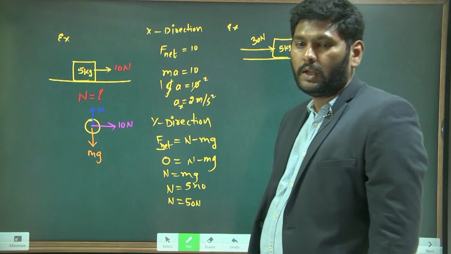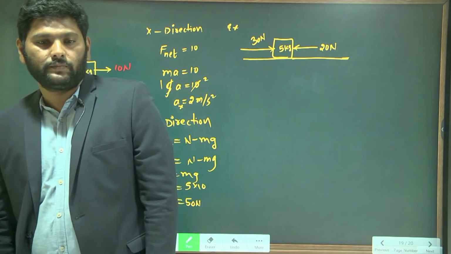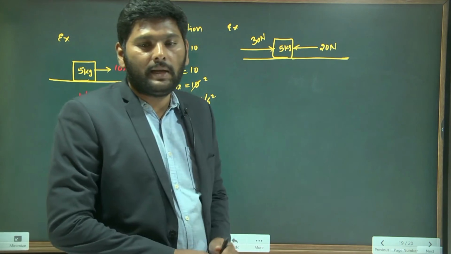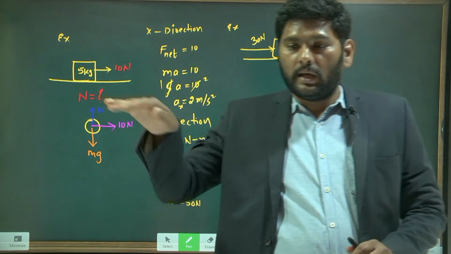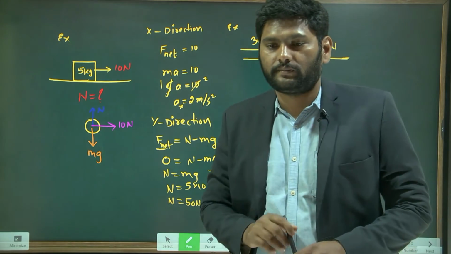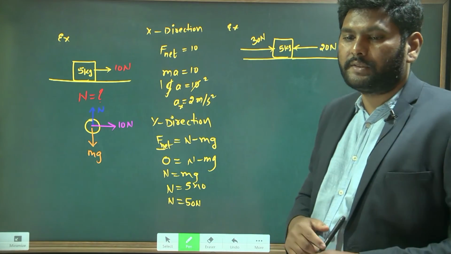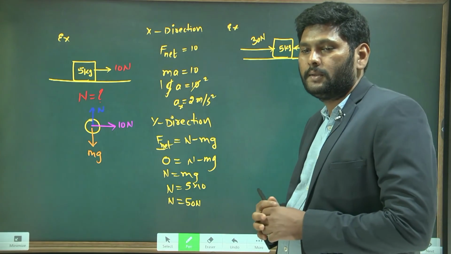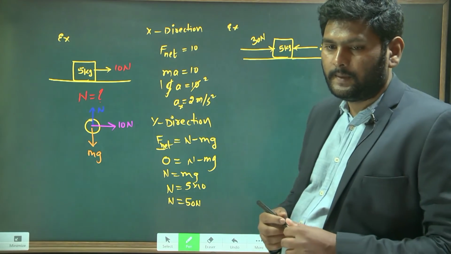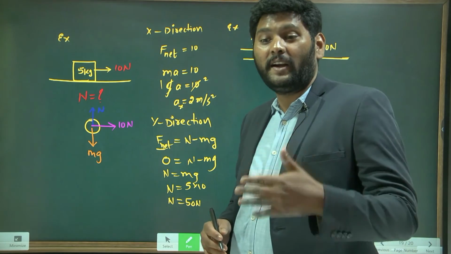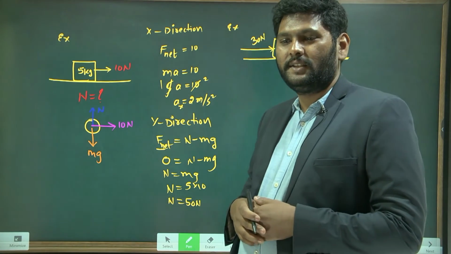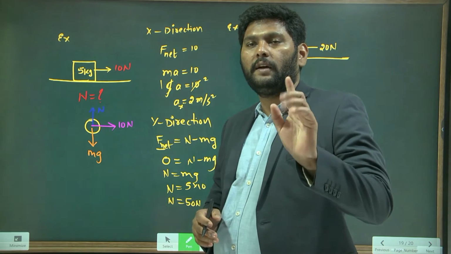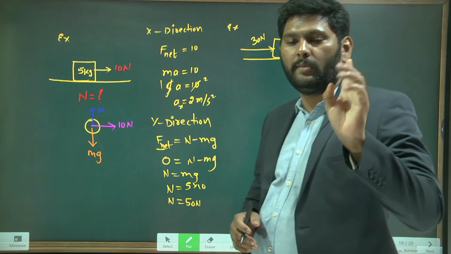Totally, how many forces are acting here? Horizontally. Yeah, this is the situation. Now I want the acceleration along the x direction. To find that, what are the steps involved? Isolate the object from the system. Free body diagram is involved, right? So when a free body diagram is involved, what is the first step for writing the free body diagram?